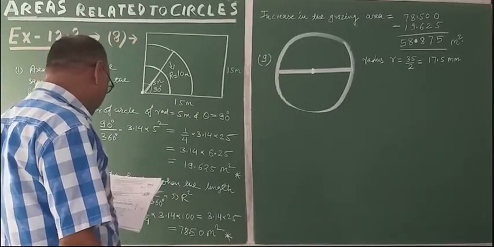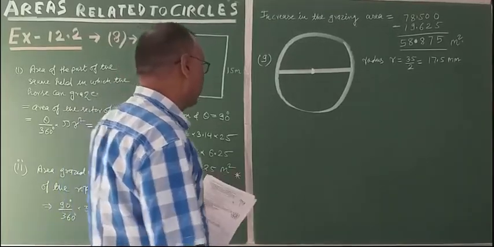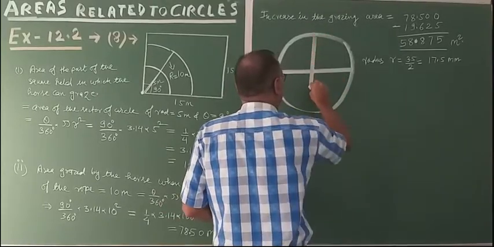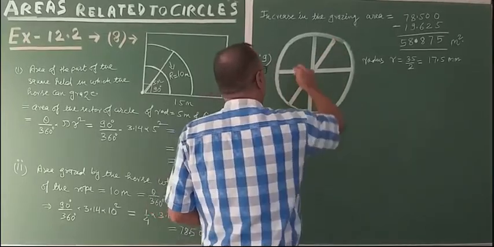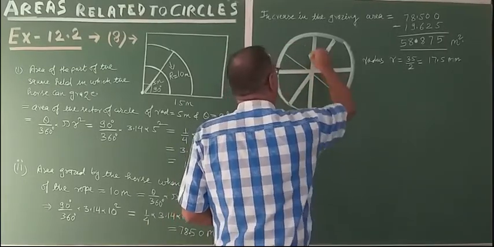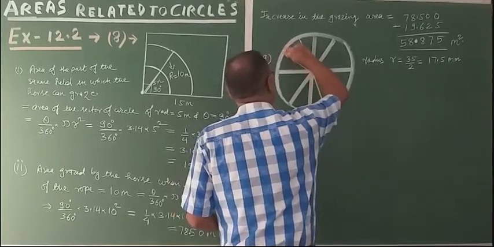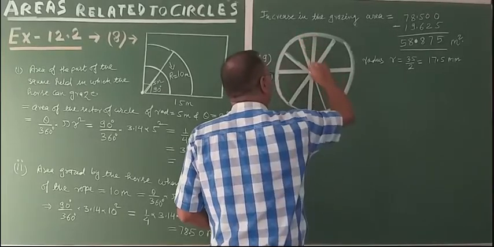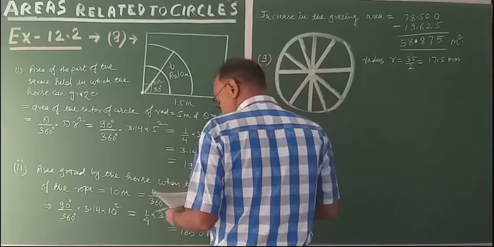The wire is also used in making 5 diameters which divide the circle into 10 equal sectors. Now these are the 5 diameters. First, second, this is the third one, this is the fourth one, these are the 5 diameters. Okay. The question is this: